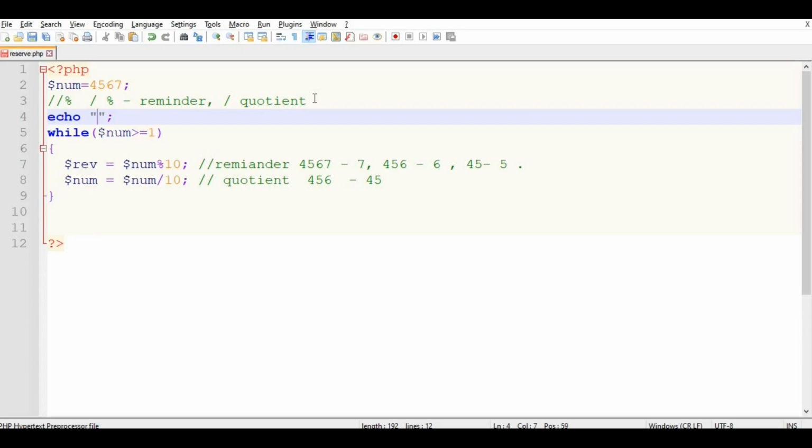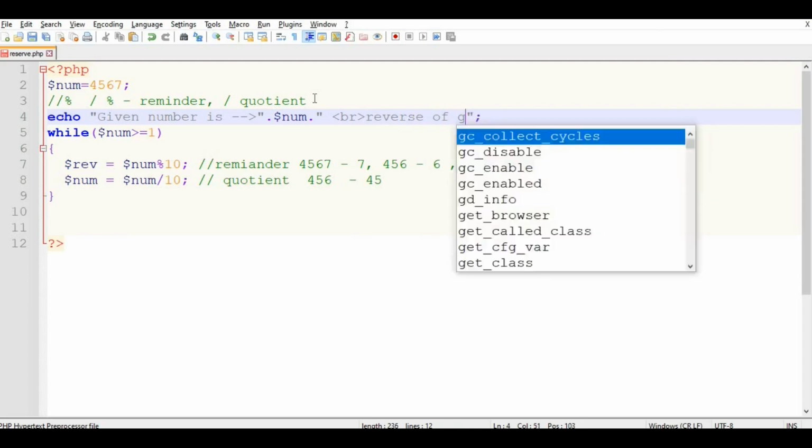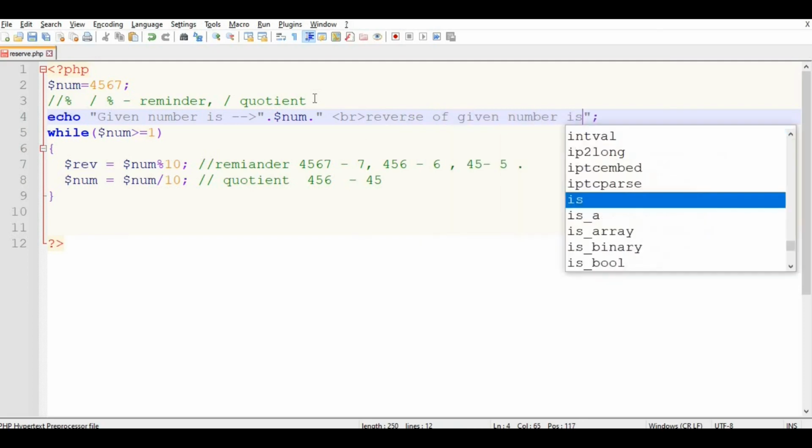Echo is used in PHP to print any text or statement. So: given number is $num, concatenated with another string, a br tag, then reverse of given number is.